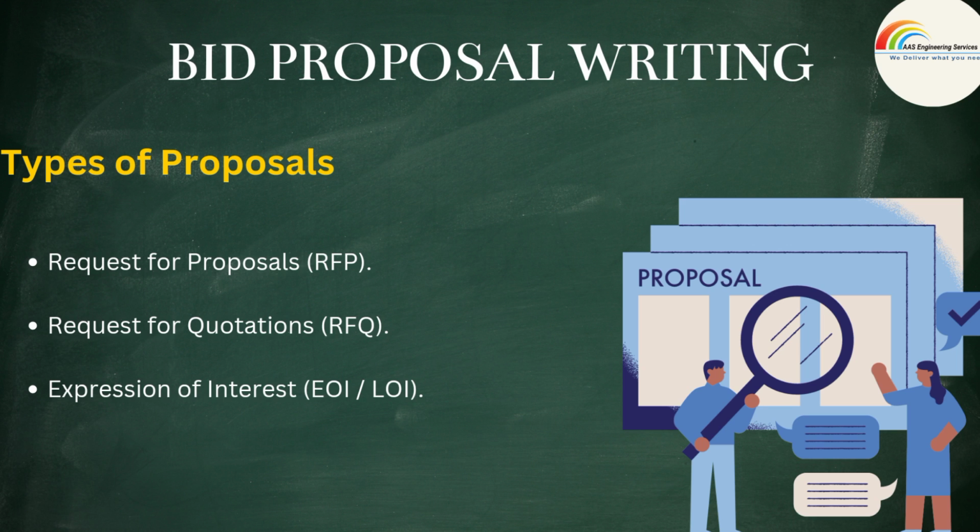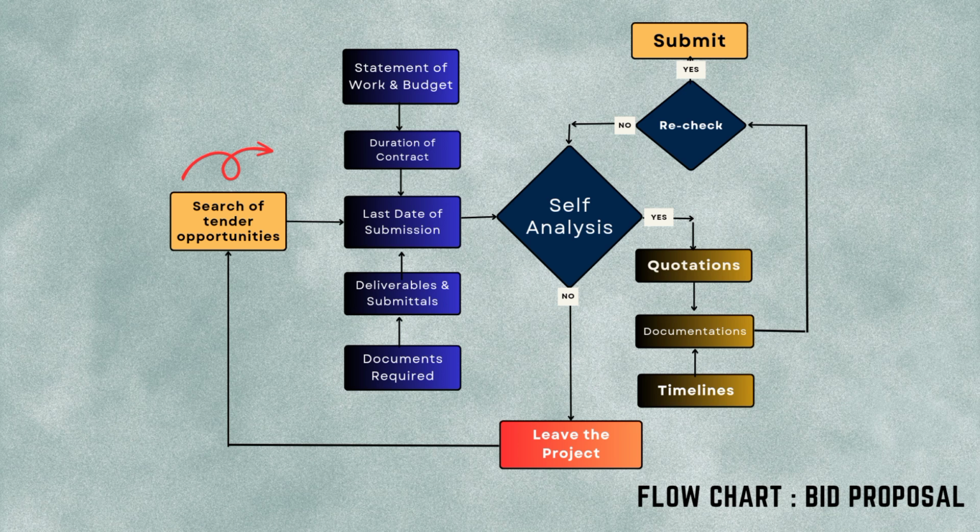And this is called the expression of interest. These three are major types, and all these are the subtypes of these major types. Okay, here is a very important slide. You must be focused. Here is the procedure we adopt to prepare a professional bid, the proposal for any client,